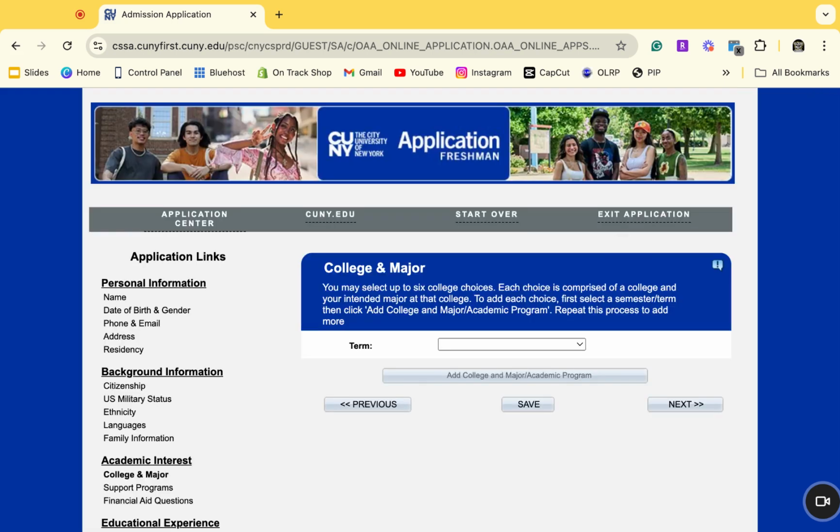Now for the college and major, right? So this is where you actually start picking the schools. Remember, for the CUNY application, you get to pick 6 schools for the lovely price of $65. If you catch them during their free application period, which is usually sometime in October to November, you still add your schools, but the only difference is you won't pay a dime. Okay, so usually if you don't catch one of those periods, it will be $65, but you get 6 schools